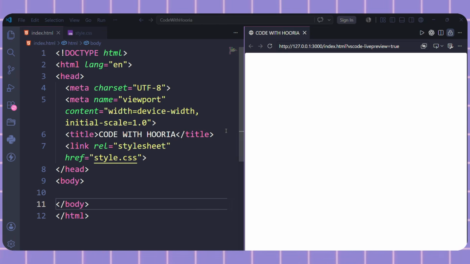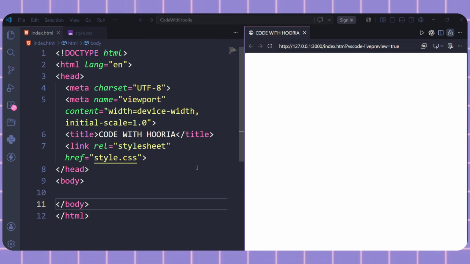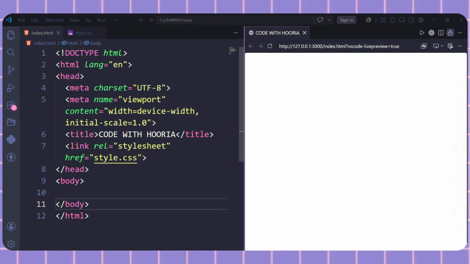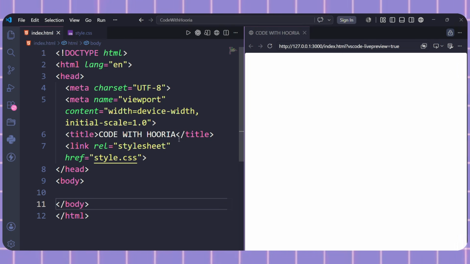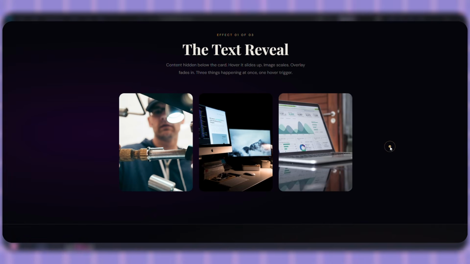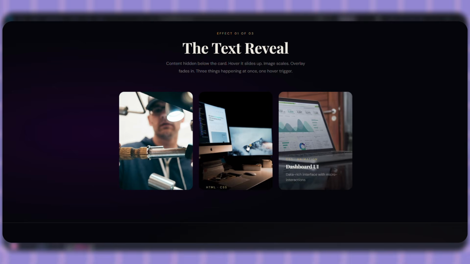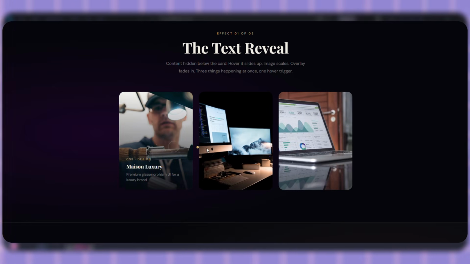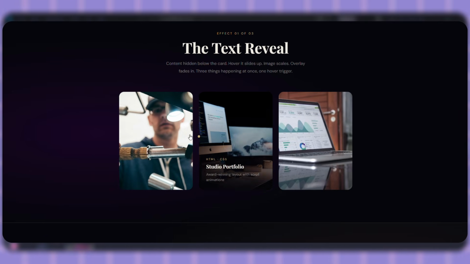I am building all 3 from scratch right now. Okay, so blank file, live server running, 3 effects. I'll build each one separately, so let's start with the one that looks the hardest but is actually the simplest. Effect 1, the text reveal. You hover a card, content slides up from underneath it, image zooms, overlay fades in, 3 things happening at once